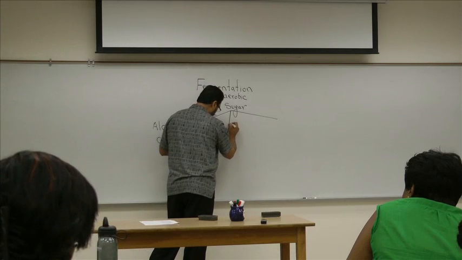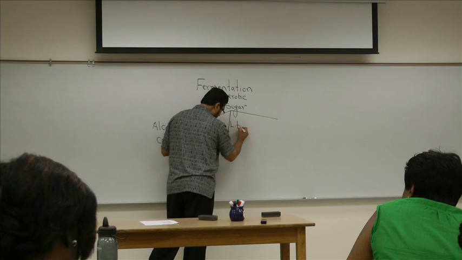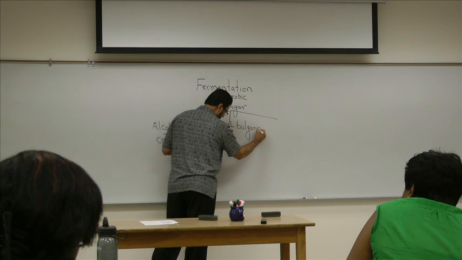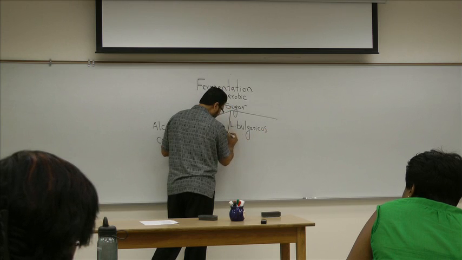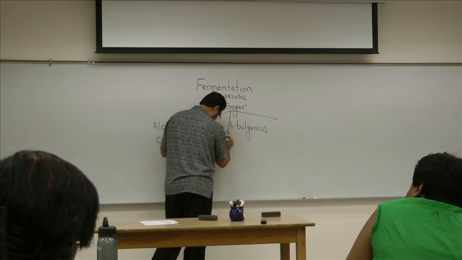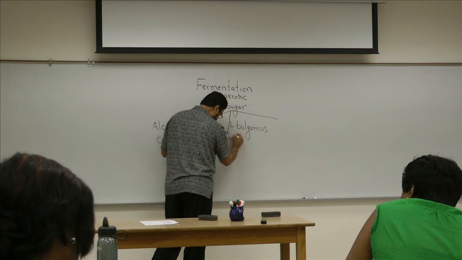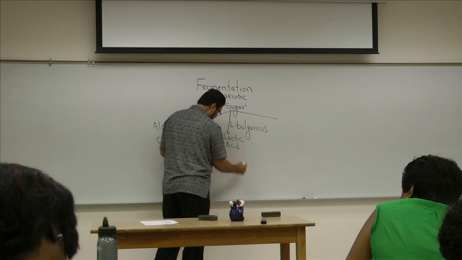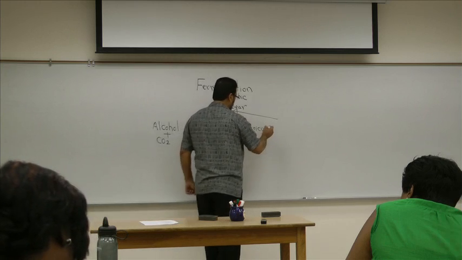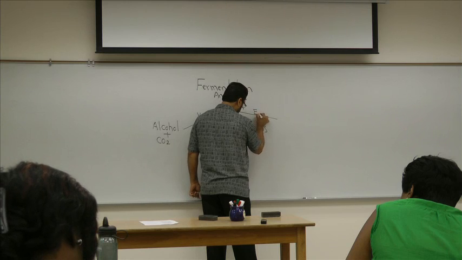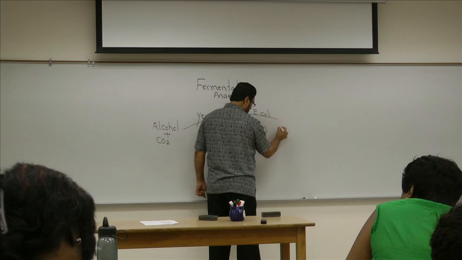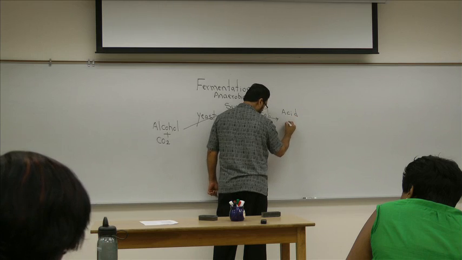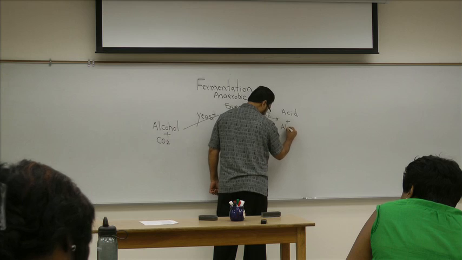If you take the bacteria Lactobacillus bulgaricus, this is going to make lactic acid. That's another type of fermentation. Okay. And E. coli, it can do both. Right? It can make acid, and it can also produce alcohol